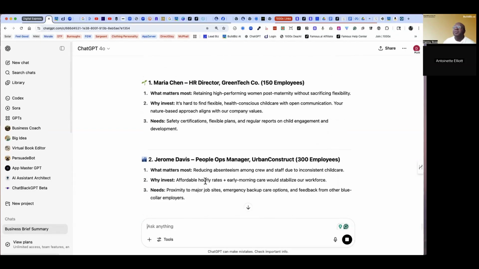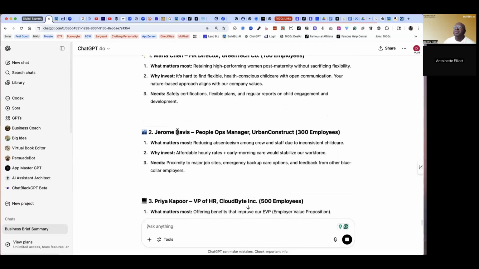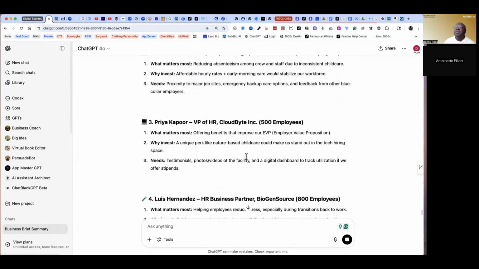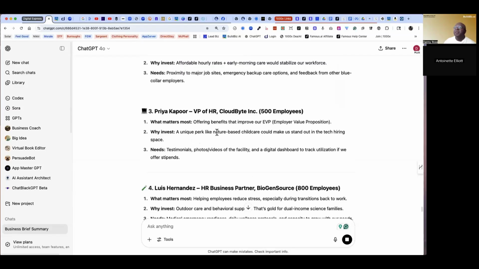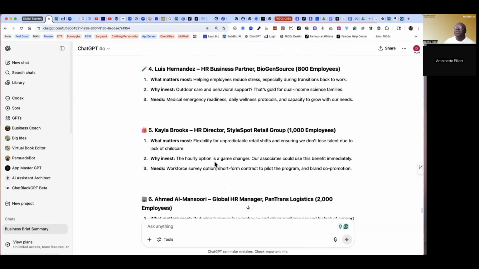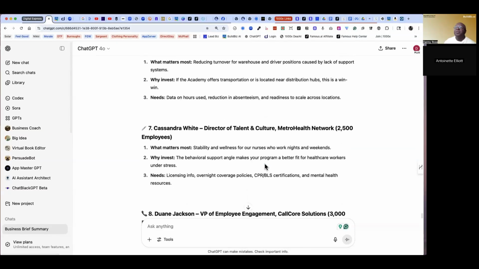Okay, so this is the small one. Safety. Affordable hourly rates, early morning care would stabilize our workforce. A unique perk like nature-based childcare, door care, and behavioral support. This is just showing you things that you'll flip around into marketing. Hourly option is a game changer.